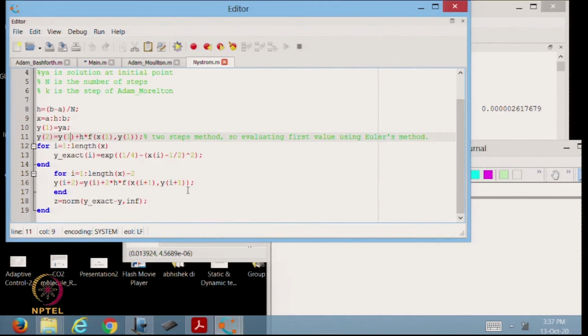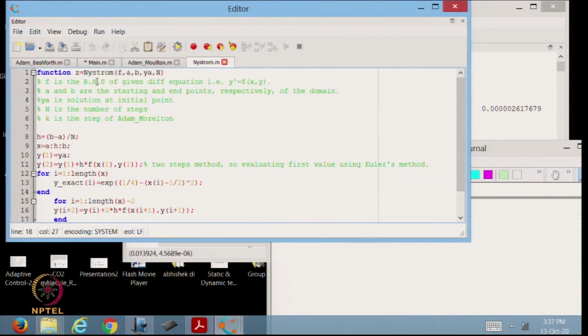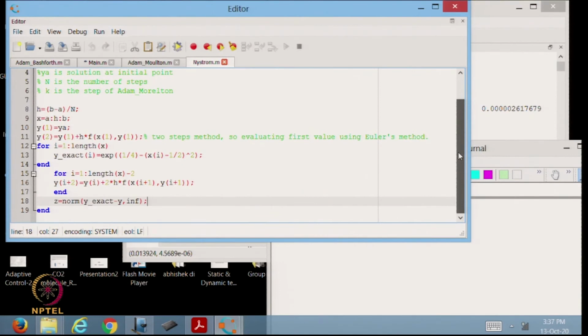Then the final difference scheme which we have implemented is here, which you can observe. Again, we are computing the error, and this error is the output which we will get in the main function. We are basically interested in the error, but if some of you want to see how the numerical solution and exact solution look, I will explain later how you can plot them. Basically both of them should be consistent.